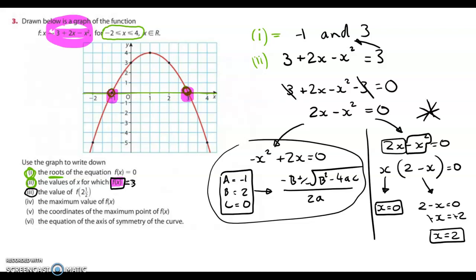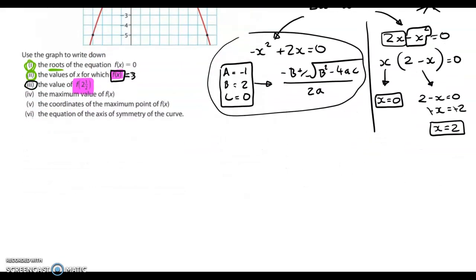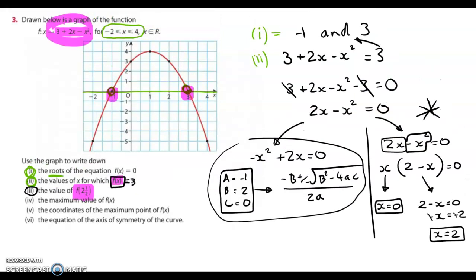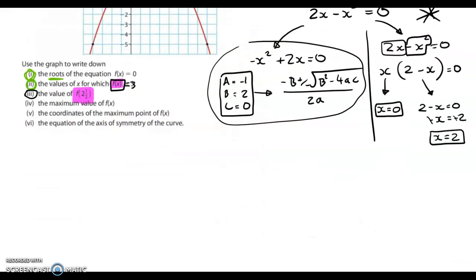Okay, part 3. It says find the value of f(2.5). Okay, when it's written like that, and the number is actually in the brackets, that's where you actually just sub that number in to the function. So normally you'd see an x in there, but in this case you see 2.5, and that's the hint that you're going to sub in 2.5 for x. So let's remind ourselves of what the function is. It's 3 plus 2x minus x squared. So you write that down. This is part 3. 3 plus 2x minus x squared. And you're going to sub in